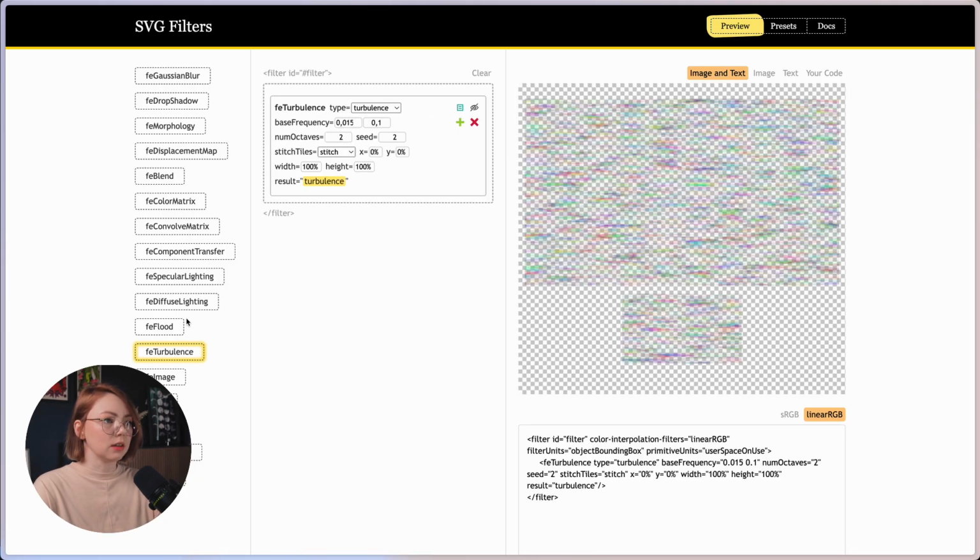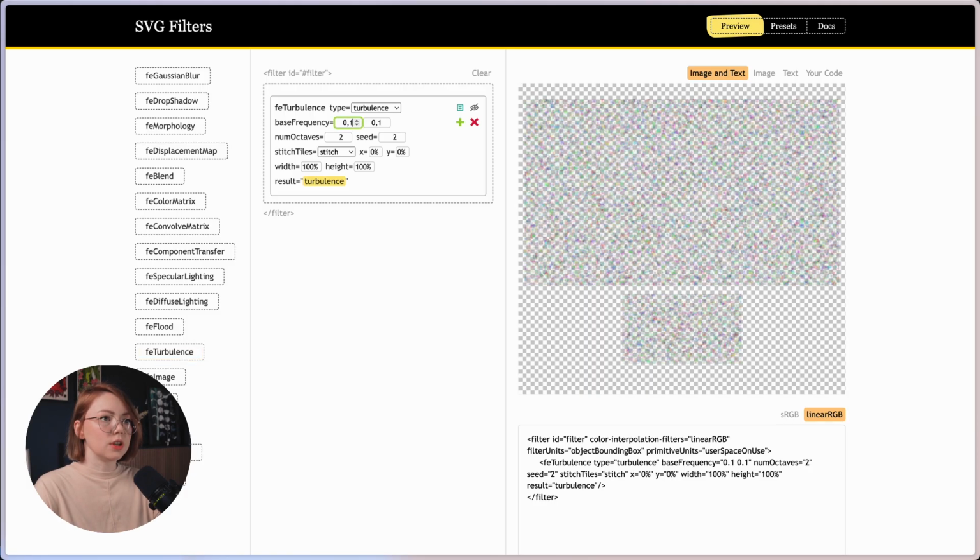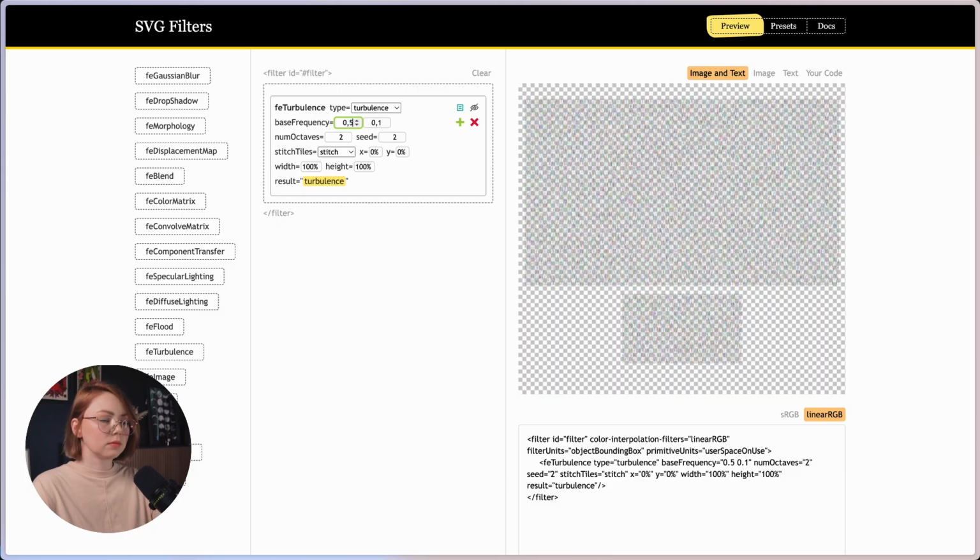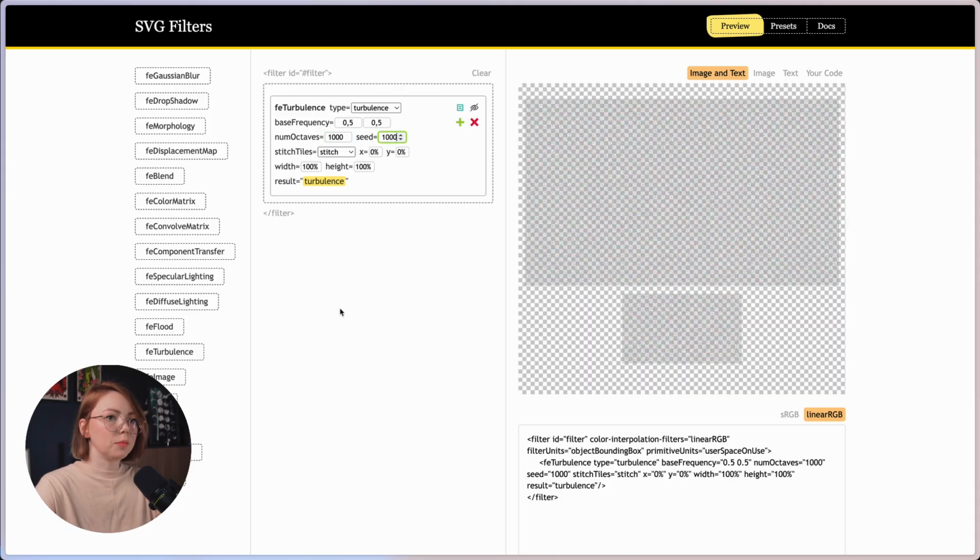That's why I'm gonna use turbulence function, and I'm gonna change it to create a really nice noise effect. Yes, this looks pretty good, and I need to make this number bigger,